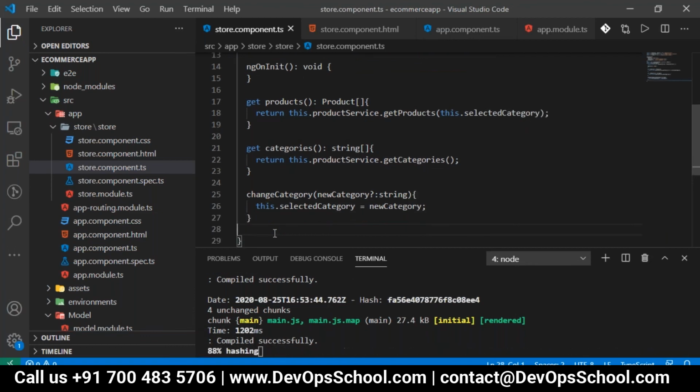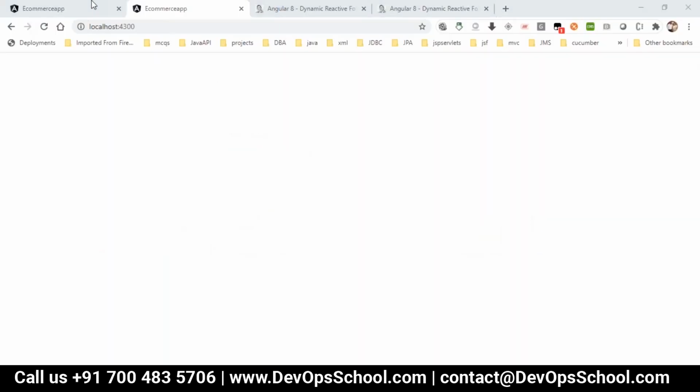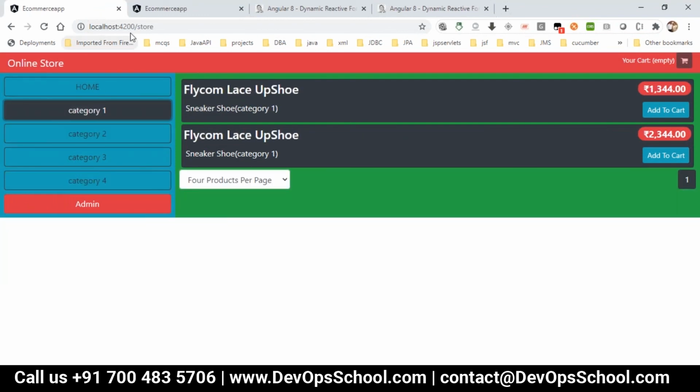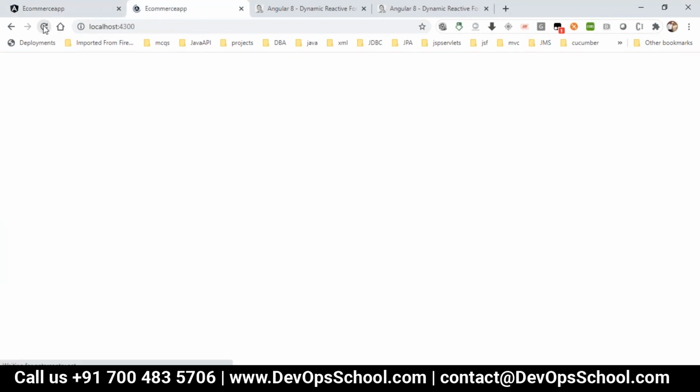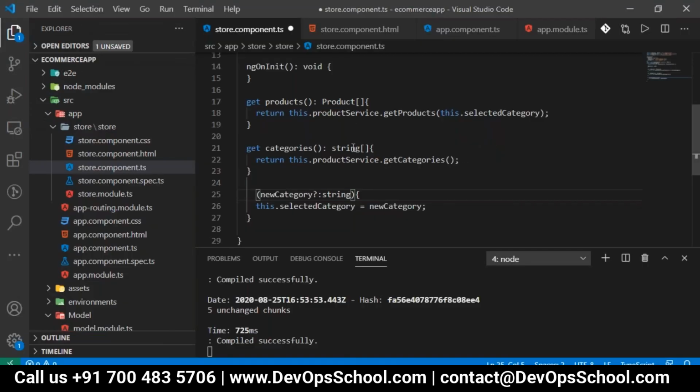For selecting the category, we will write a button in our HTML to go with Angular, and we will call this method from that button. We want the complete data to be displayed, whatever the home and all we have created. So I want this button, first as home and then all the categories, rendered here. So for this, let me go now and write it.